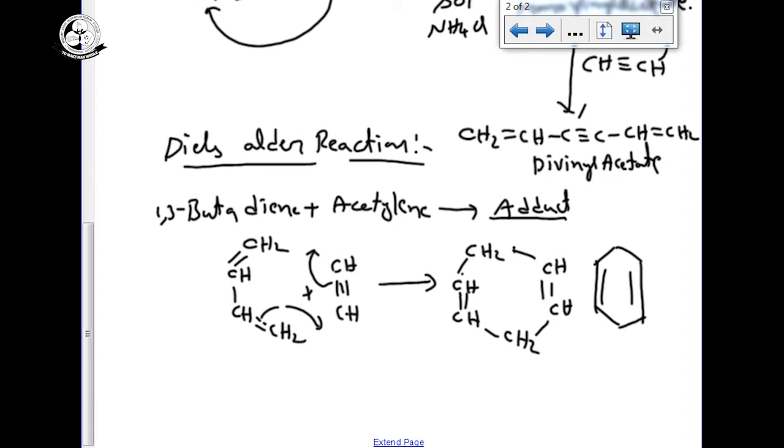So these are the chemical properties of the alkynes. Next class we are going to start with the new compounds, that is aromatic compounds. Hydrocarbons of the 11th standard we finished. So once again I am recalling the alkynes preparation and properties. Most important properties are addition and oxidation.